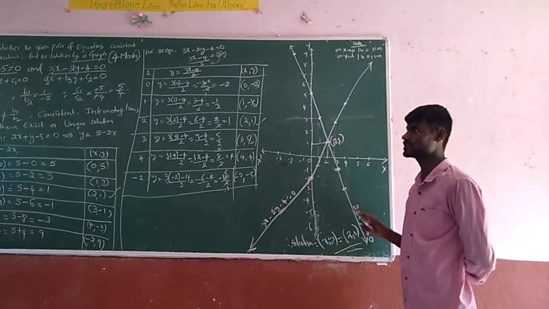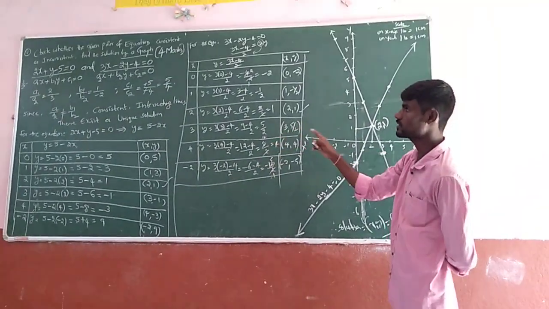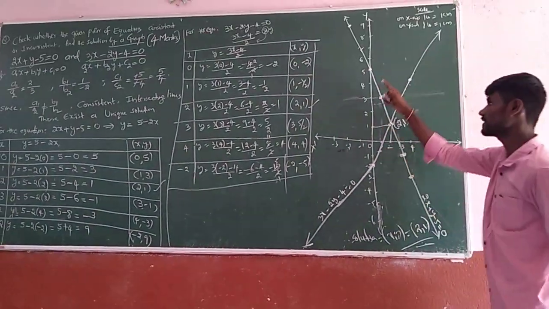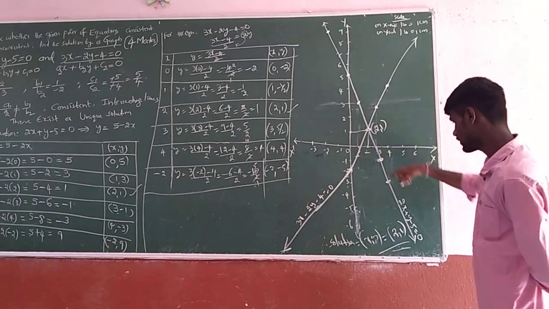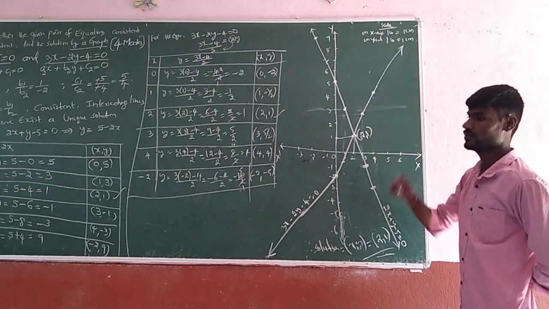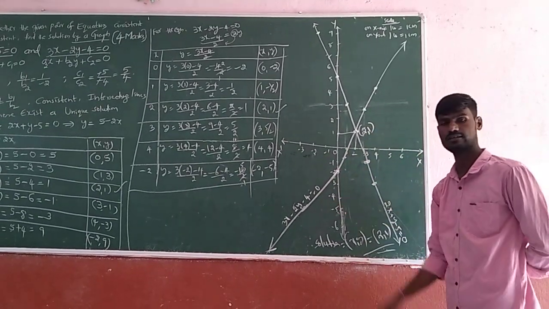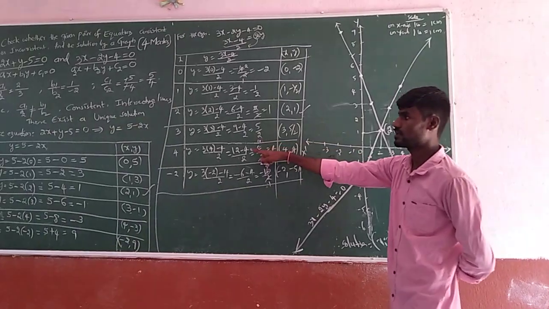Here you will get 4 marks for this graph. So you need to draw the two tables. And students, don't get confused while drawing and locating the points. Once you locate the points of one line, you need to join them immediately. Then only take the other. If you use a scale, you will definitely get a straight line. Don't worry. This is the way of drawing, and this is the way of writing the table.